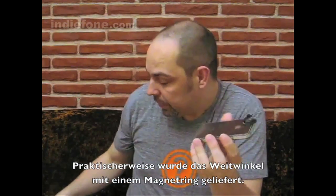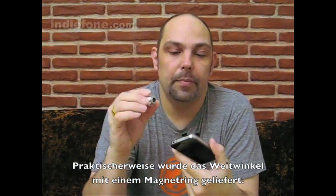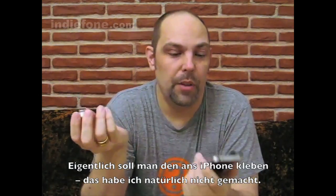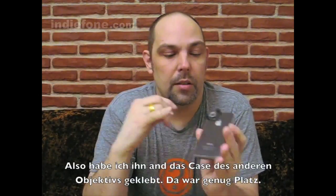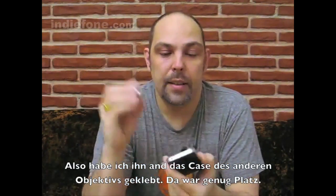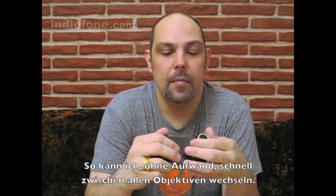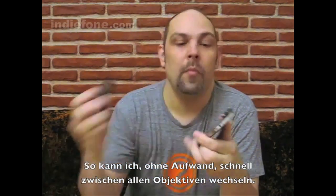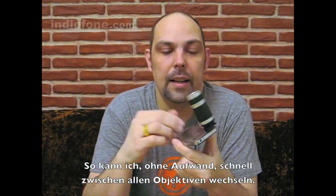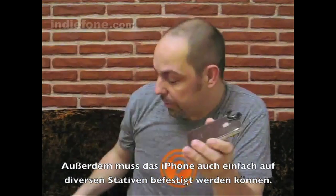Even better, the fisheye lens came with a little magnetic ring that you usually should glue to your iPhone, which for obvious reasons I didn't do, but I glued it to the crystal case of the telescope lens because there was still enough place inside. So I now have the option to attach the wide angle lens, no lens, or the telescope lens without changing any kind of case or something on my iPhone. And even better,